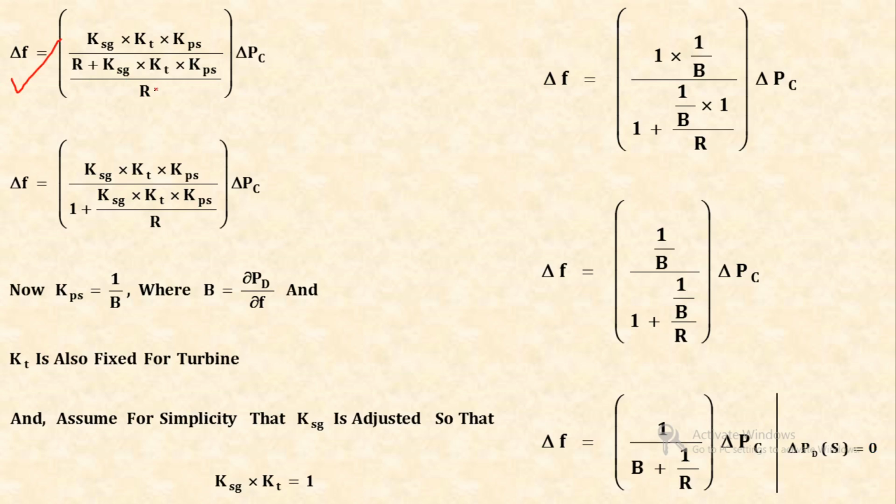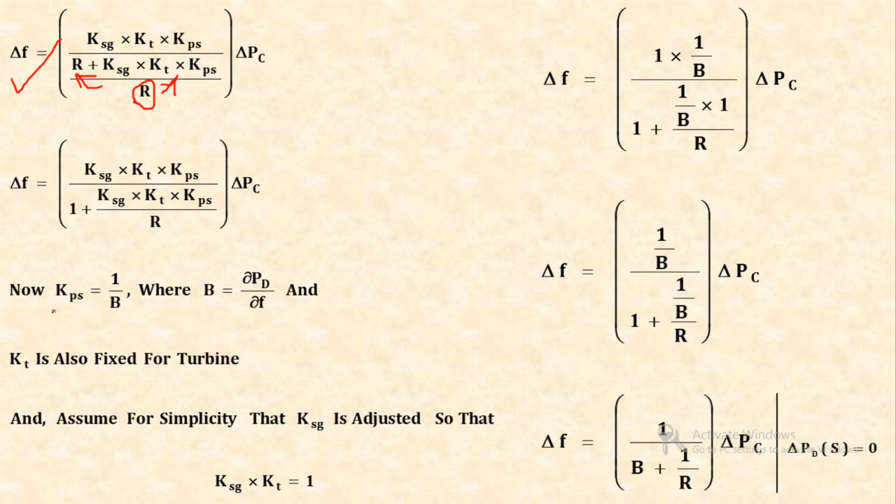Now I will simplify, or I will put this R, which is the denominator of the denominator, into the individual term. So this R with this R cancels out. So 1 plus KSG KT KPS upon R. Again,